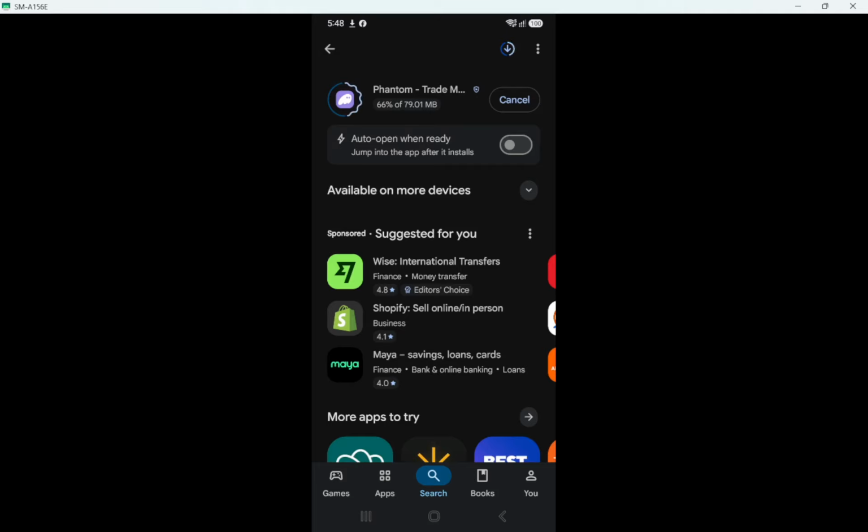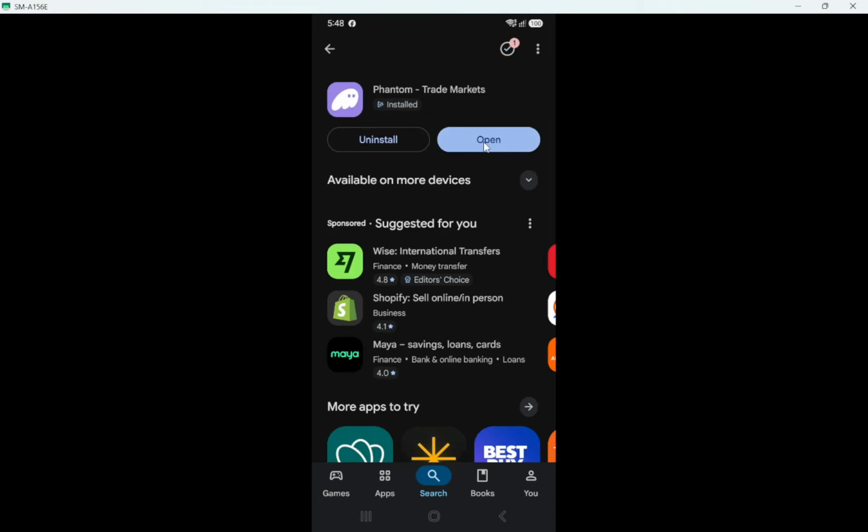After that, wait for the installation to finish. You will see a progress circle or a bar as the download completes, followed by a brief installing message. On a fast connection, this might only take a few seconds. On a slower network, it can take longer, so just let it run without closing the Play Store. When the app is fully installed, the button that used to say Install will change to Open, and you will also see Phantom Wallet appear in your app drawer.